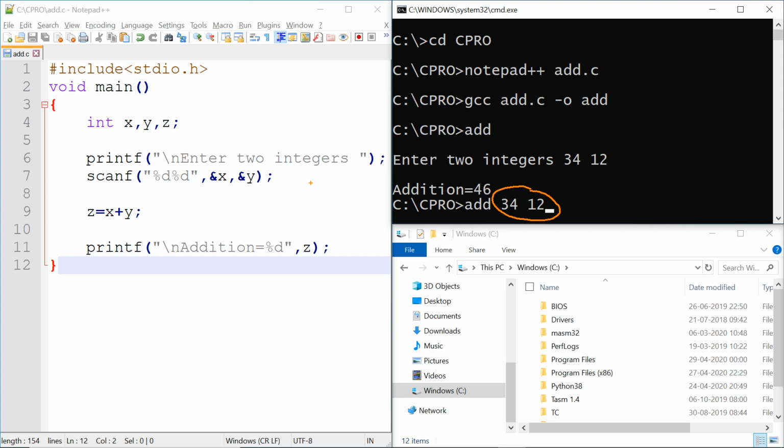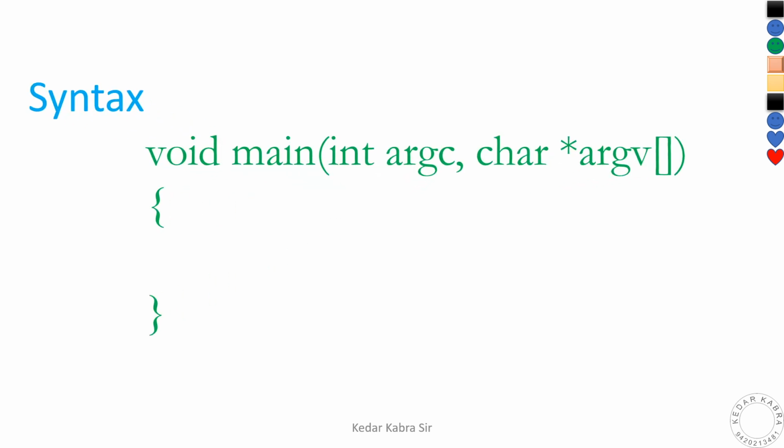Execution of any program always starts from the main function. That means these arguments that we supply from the command line will be collected in the main function of the program. Now let us first understand the syntax of the main function that collects the command line arguments. Whenever we execute the program, our operating system actually calls the main function of the program, and any command line arguments that we supply should be collected in the main function. So let us understand the syntax first.